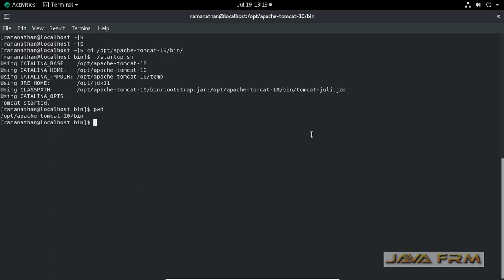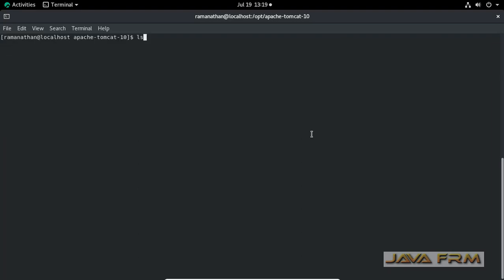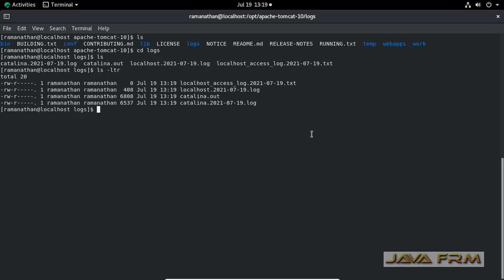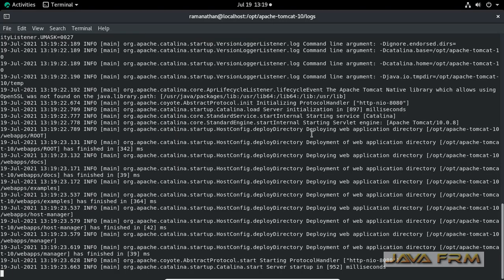Anyway, we need to verify technically. So cd logs. The first step is to verify the log file. Go to the logs directory and tail the catalina.out file. You can see that the startup logs are there.